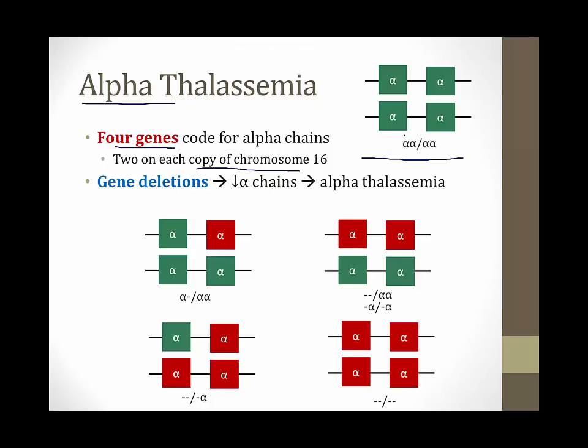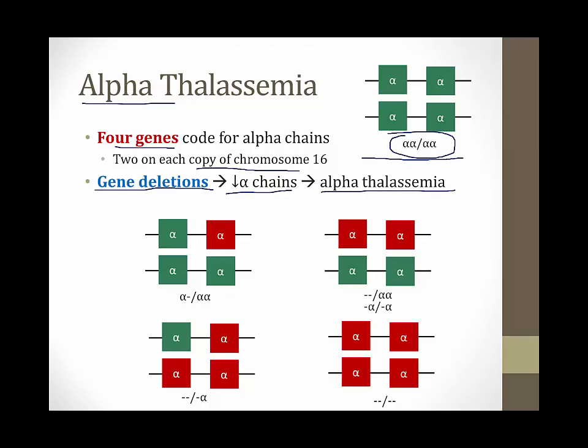We sometimes write this as alpha alpha / alpha alpha. Patients who have alpha thalassemia typically have gene deletions, and I've bolded the words gene deletions because this is an important distinction from beta thalassemia, which we'll talk about later, which commonly occurs due to mutations, not deletions. When one of the alpha genes is deleted, there's a decreased production of alpha chains,